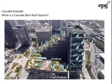Where the roof then cascades to the podium level. And the beauty, as I see it, of a cascade system is that you can have a large roof with a small plan area, or a small blue roof build-up in the system. You could have a potentially high flow rate from that roof and an unavailability of storage within it. But with a cascade, that roof can outfall to another roof with potentially greater plan area or deeper storage depth,